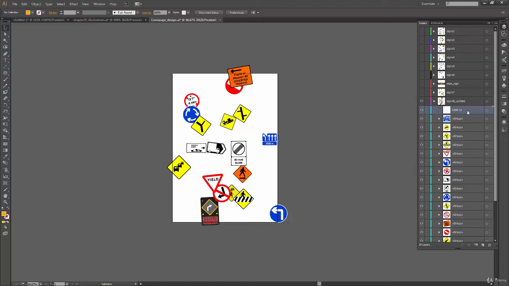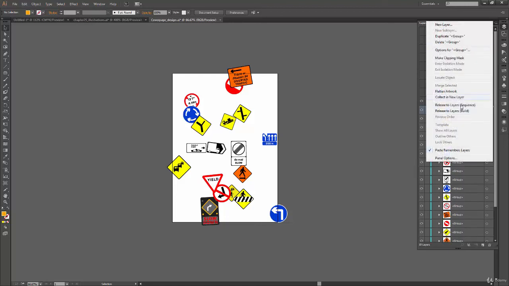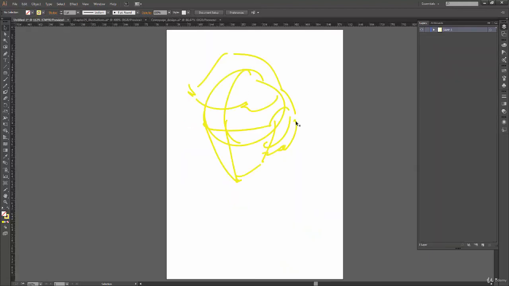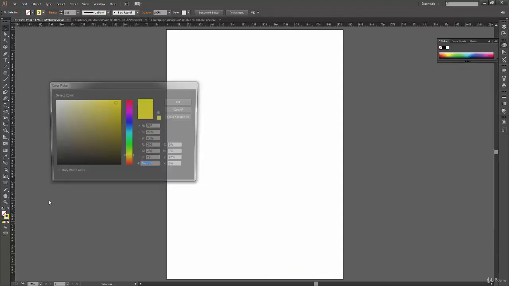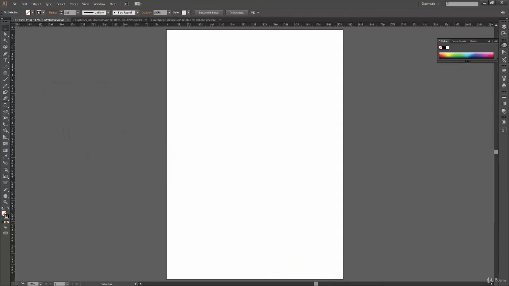Now this is a little different from this option which says collect in new layer. This looks similar actually, collect in new layer and new sublayer. But what's the difference? Collect in new layer takes your current layer and puts it inside a new layer, whereas new sublayer creates a layer inside your existing layer. So let me draw it, it will be much more helpful to you. So let's say this is your layer.